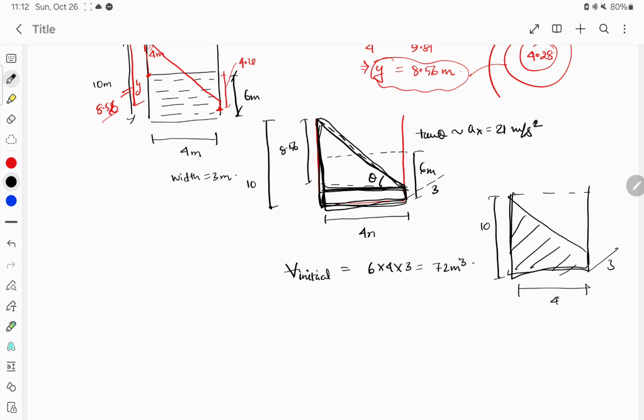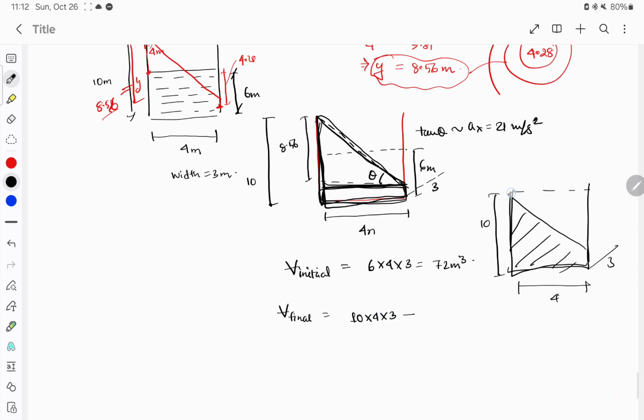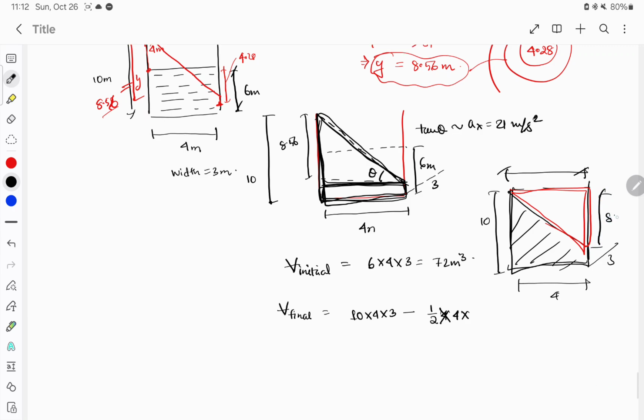If from this total dimension, final means 10 into 4 into 3, if I remove this particular triangle, then I'll get the final volume. So I'll remove this triangle. How to remove this triangle? What is the volume of this triangle? The volume of this triangle is half, this base is how much, 4, half into base into altitude, this altitude is how much,